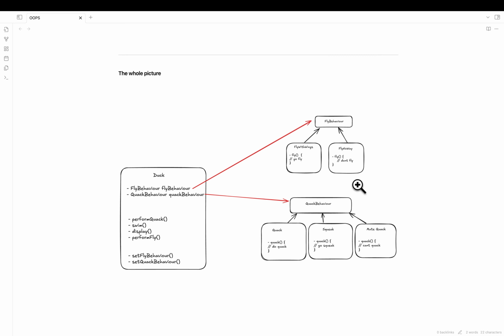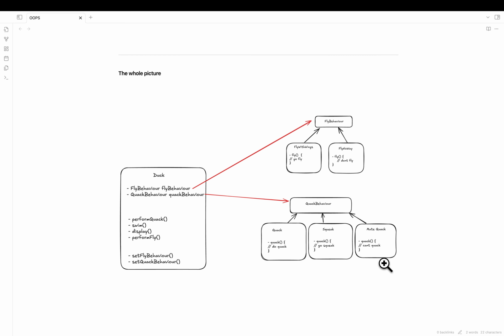But in simple terms, we want flexibility, so whatever varies we first abstract out, pull it out, create concrete implementations for each of those behaviors, and then hold a runtime object corresponding to those behaviors in the actual abstract class. Now, why an abstract class?